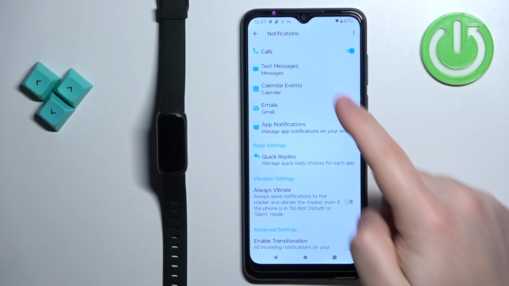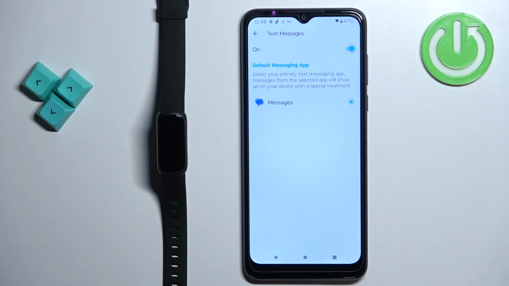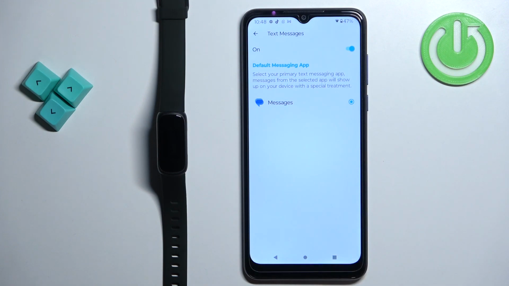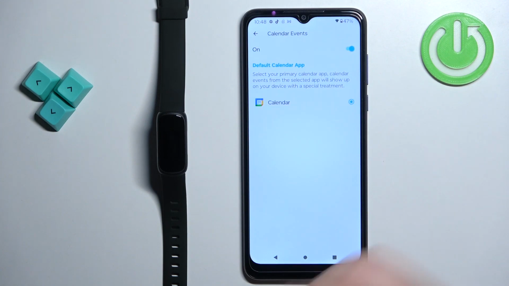Next, we have text messages. You can tap on it, and you can enable it by tapping on the switch. You can also select the default messaging app. As you can see, I have only one, so I can't select anything else. Next, we have the calendar events. Again, we can enable it or disable it by tapping on the switch, and then select the default app. Then we have email. We can enable it or disable it by tapping on the switch, select the default app,